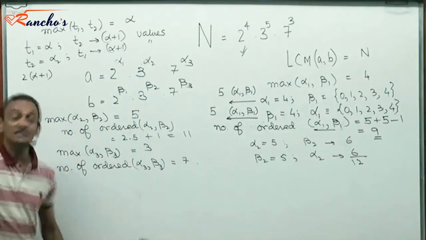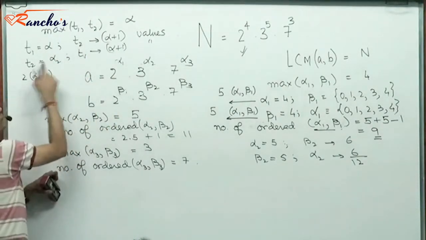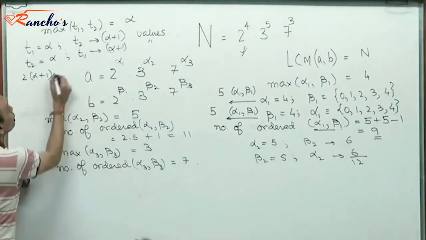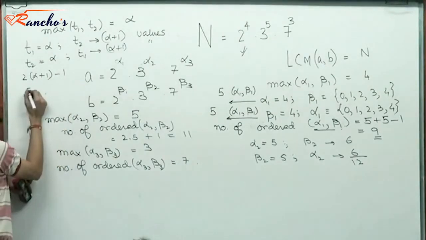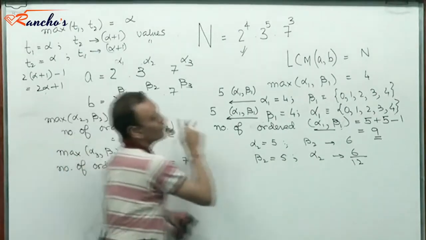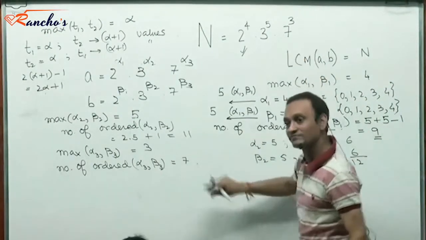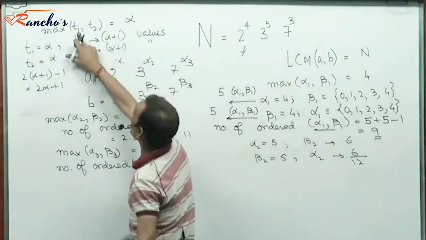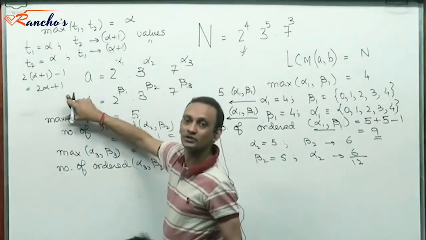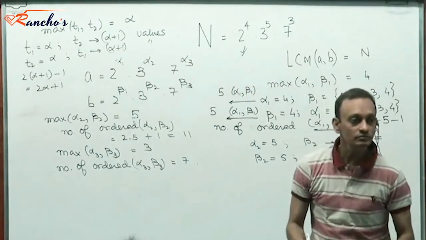But I subtract that one case where T1 equal to alpha appears here and T2 equal to alpha appears there. T2 equal to alpha appears here and T1 equal to alpha appears there. That means that alpha has appeared twice. So from 2 into alpha plus 1, I subtract 1. So that makes it 2 alpha plus 1. Isn't it? So 2 into 5 plus 1, 2 into 4 plus 1. The last one would be 2 into 3 plus 1. So the number of solutions to maximum of T1, T2 equal to alpha is going to be 2 alpha plus 1 solutions. Yes or no? Are you confused? No?